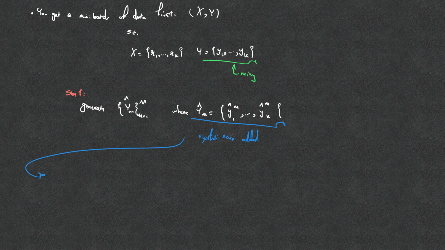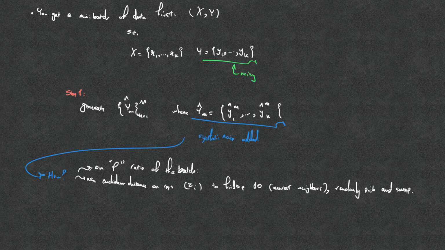Now the way this synthetic noise is generated is that they select a ratio of the batch and then they use the Euclidean distance of the latent representations that the model has generated on each one of these examples. They basically find the top 10 items for each one. Let's say the batch size is like 128 or something. And then from these top 10, they randomly select one and basically swap the labels, therefore kind of retaining the semantic